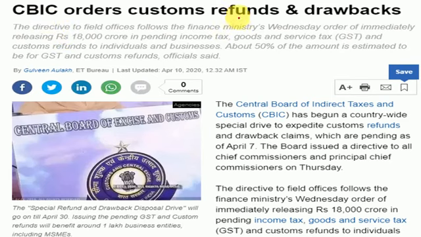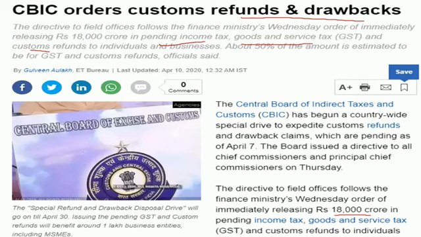CBIC orders customs refunds and drawbacks for pending income tax, goods and service tax, and customs refunds to individuals and businesses. About 50% of the amount is estimated to be GST and customs refunds, officials said. The directive to field offices follows the finance ministry's Wednesday order of immediately releasing around 18,000 crore in pending income tax, GST and customs refunds. The focus on refunds and drawbacks is aimed at providing immediate relief to business entities, especially the